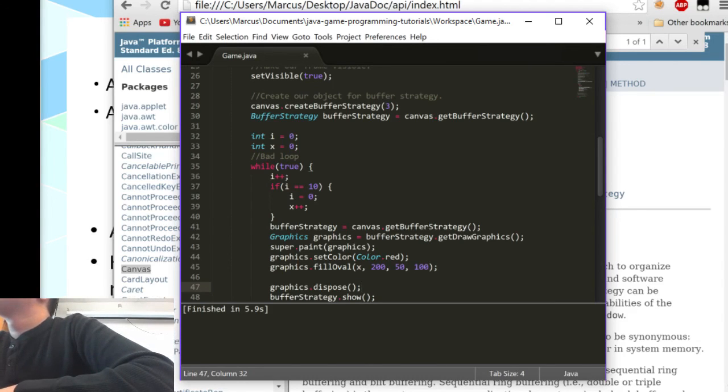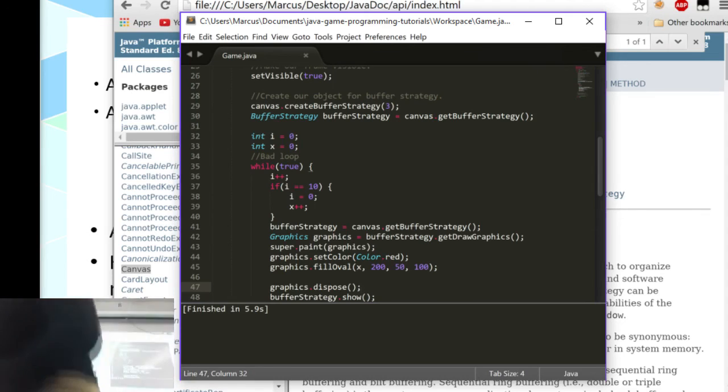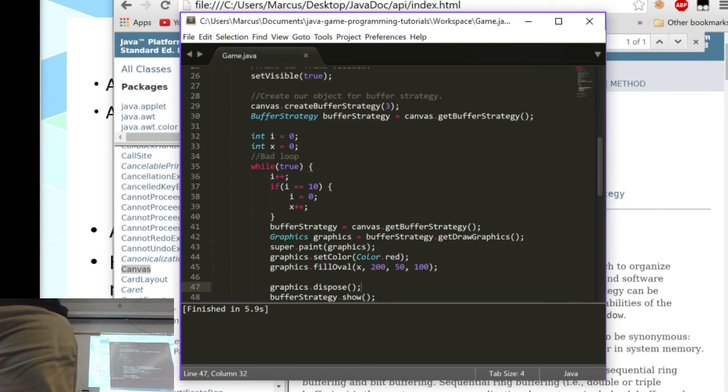Buffer strategy is not public in components, cannot be accessed from outside package. Buffer strategy is not public. Go back to your code. Where's our problem? Would that do it though?